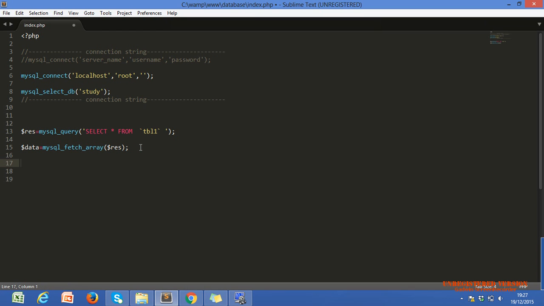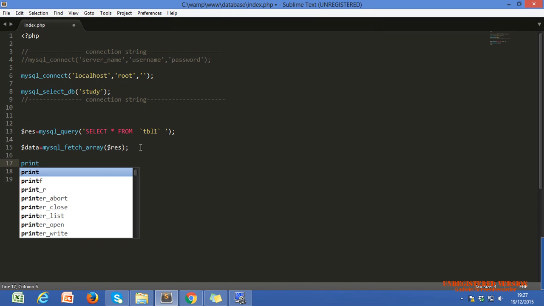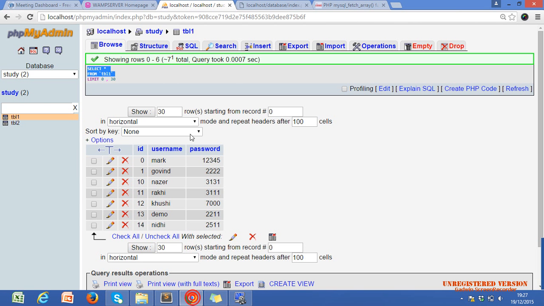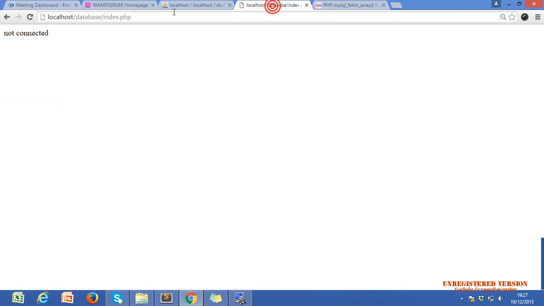Let's try to print this with print_r($data). Let's see if the code is right or not. Yeah, we are getting data, but we are getting only one row.